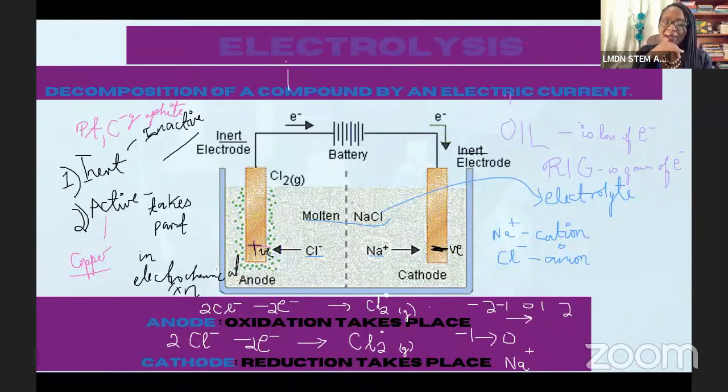We want to go back to the neutral state though. And that's going to happen when reduction takes place, which is it gaining back that valence electron that it lost in the first place to become Na plus. Do you see where I'm coming from? It's Na plus because it had given away that 1 valence electron to participate in bonding. But now we're saying we want it back. Give it back to me so I can be neutral again. So that's reduction. Reduction is gain, right? And that's taking place at the cathode.